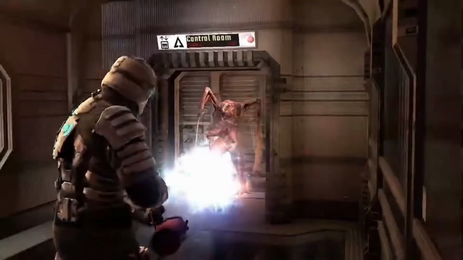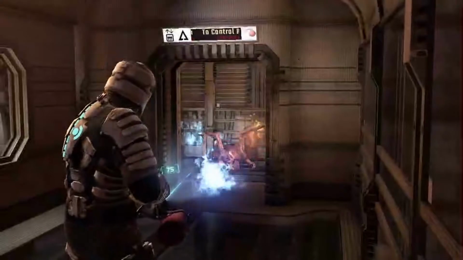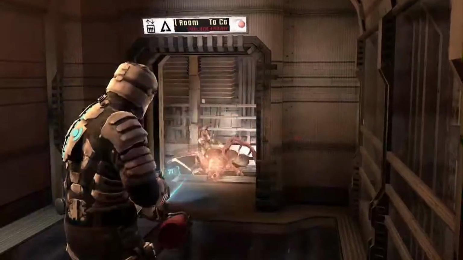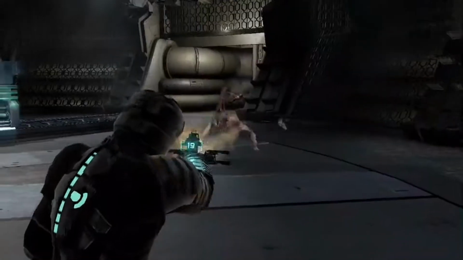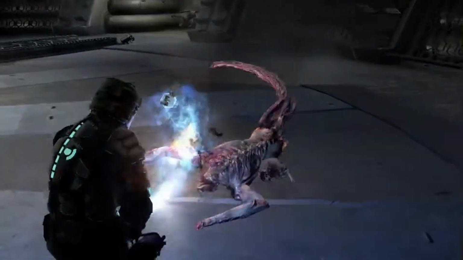The alt fire for this just shoots out a burst of flame, so it's a little more fuel efficient, but not very practical in my opinion, because it just still doesn't do enough damage. One way to work your way around this is to use another gun to weaken your opponent, and then finish it with the flamethrower. This will still count even if you use another gun to do the damage towards your